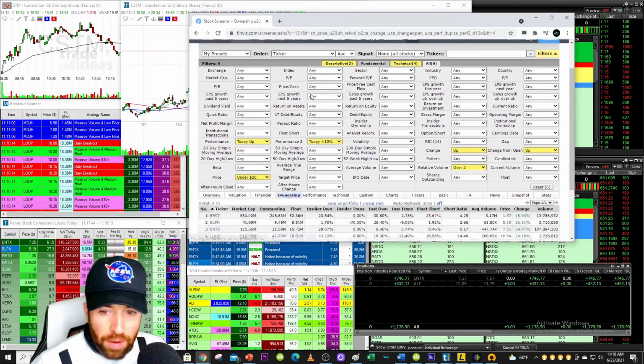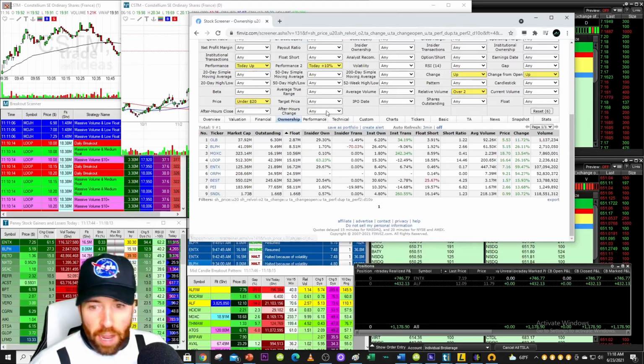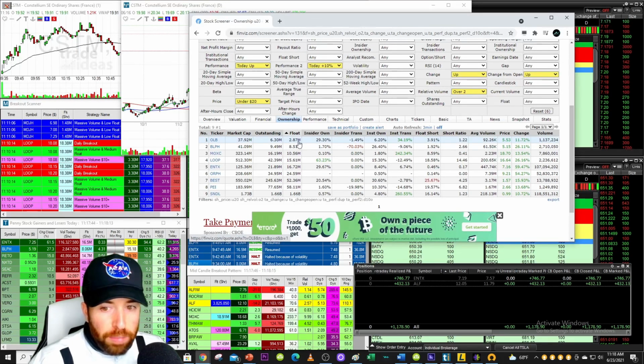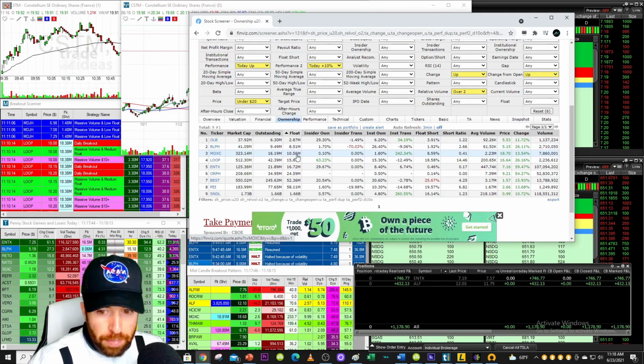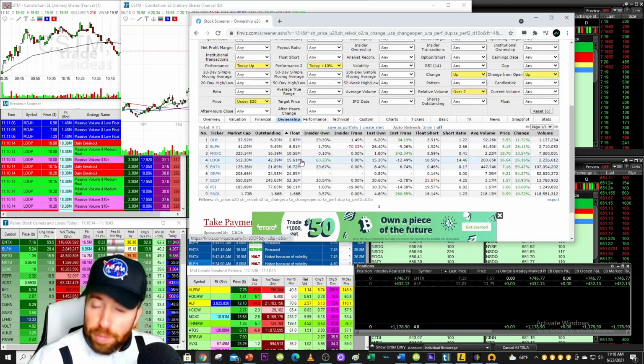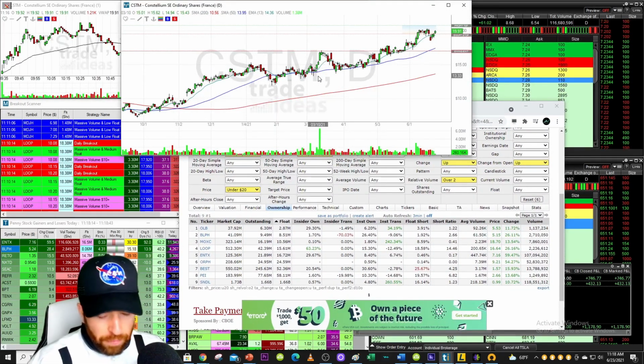Now, again, ownership, we want to filter them out by float. Now, I personally like playing low float stocks. So I like, again, looking at stocks with 2 million float, 8 million float, 10 million float, 15 million float, 16 million float. These should all be plays right now that have breakout potential or are already starting to break out. Let's see. OLB,